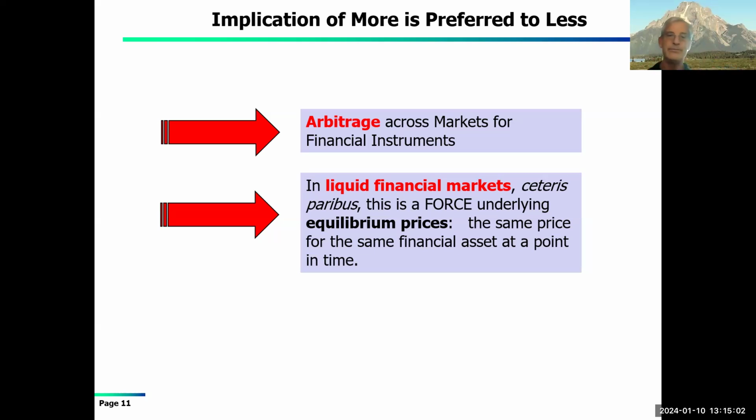Well, it also means that in liquid, with the emphasis on the word liquid, which I'll explain in a second, in liquid financial markets, all things being equal, there is this force. And the force is frequently referred to as demand and supply. But what underlies demand and supply is the concept of equilibrium. And in liquid financial markets, where things are traded by lots and lots of investors, there are equilibrium prices. They get published. You can observe them. You know what they mean.